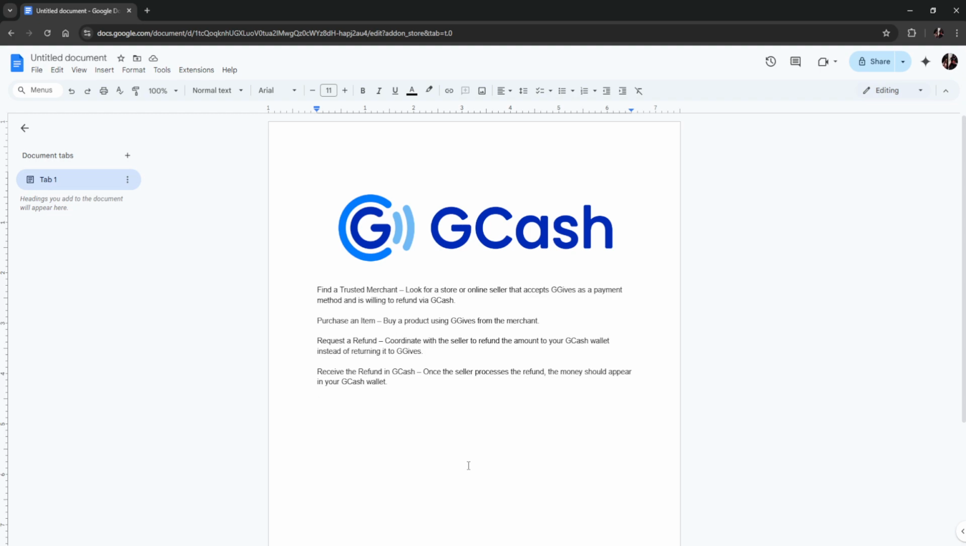There is no direct way to convert it to your wallet. This is the only way to do it. You must first use GGives and then request a refund for it, and then basically tell the merchant to refund the product to your GCash wallet instead of the